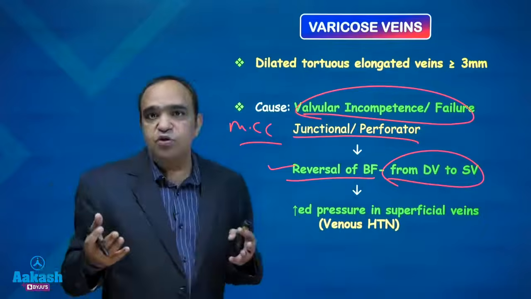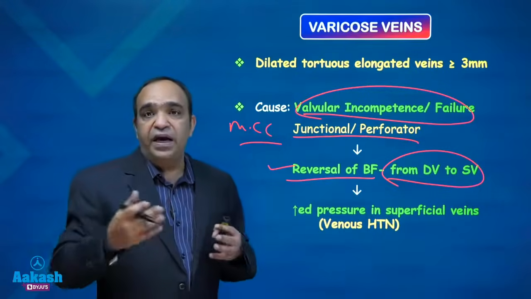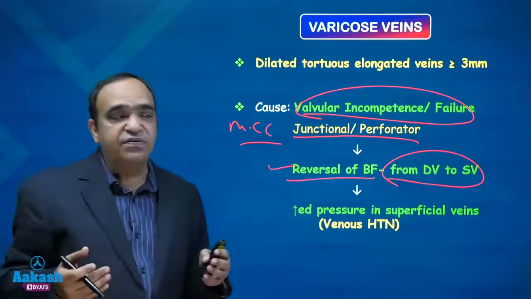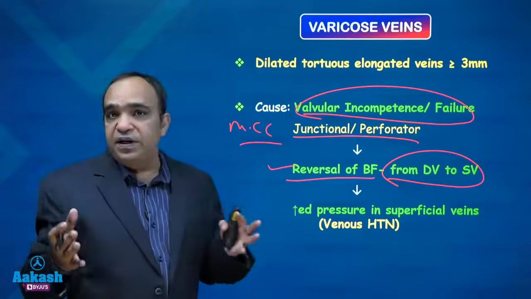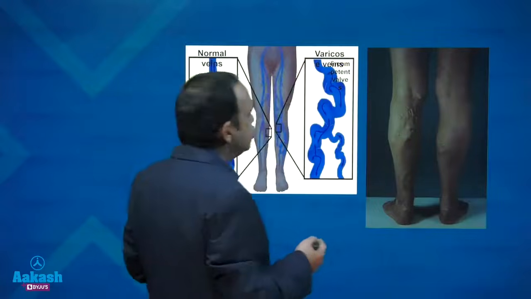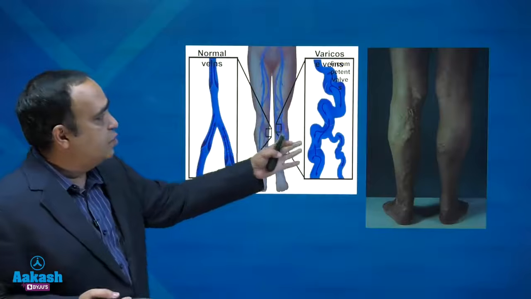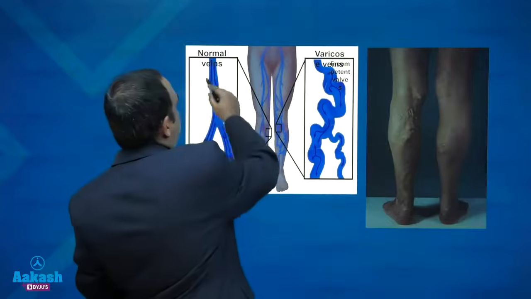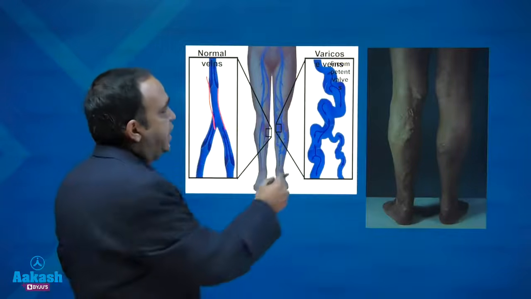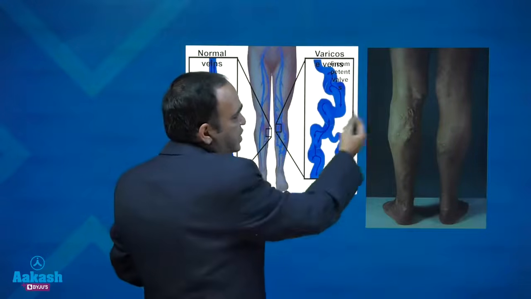So pressure in the superficial vein increases, that becomes venous hypertension and all those manifestations as we have just discussed, and the vein becomes dilated, tortuous and elongated, right? So this is the basic etiology, and this is how you see the varicose veins. This is how the normal vein looks like, and when there is a reversal of flow, pressure increases, they become